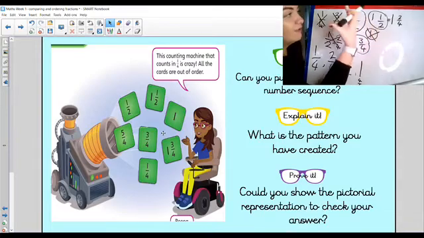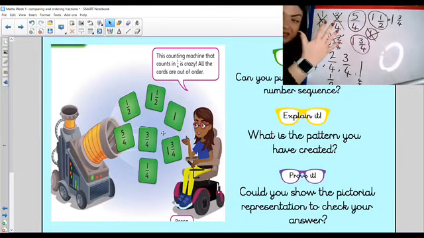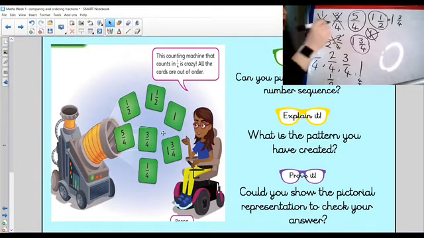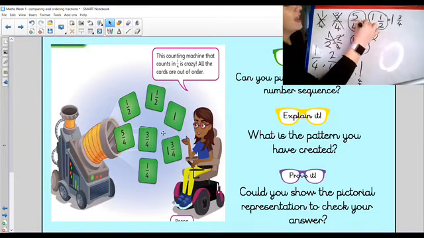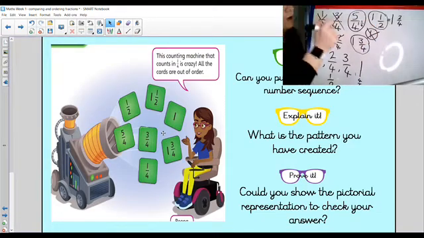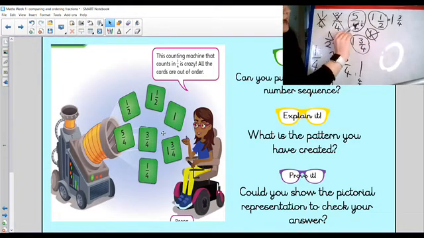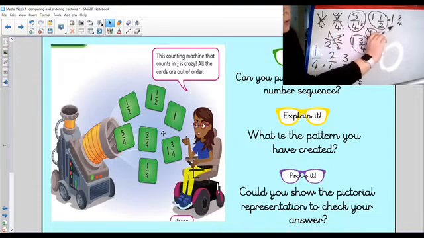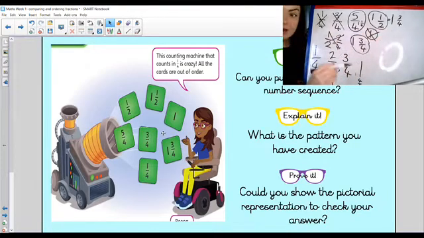So 5/4, I've got 5/4. How many of those quarters will make a whole? 4 of them. And how many do you have left? 1. So 5/4 is the same as 1 1/4. So now you can see I've got 1 1/4, 1 2/4, and 1 3/4, which are now very, very easy